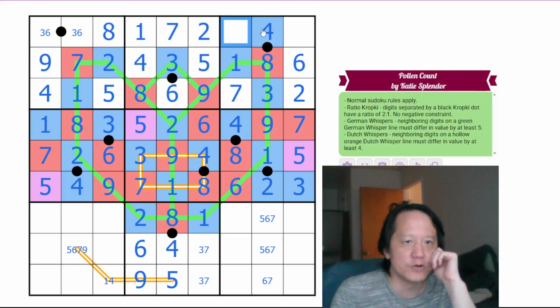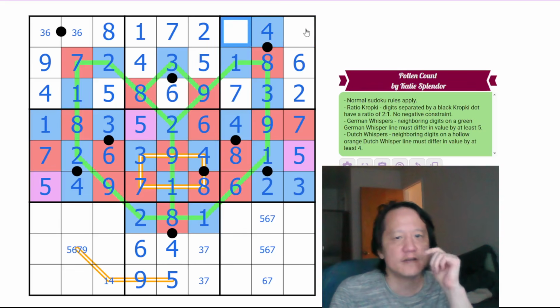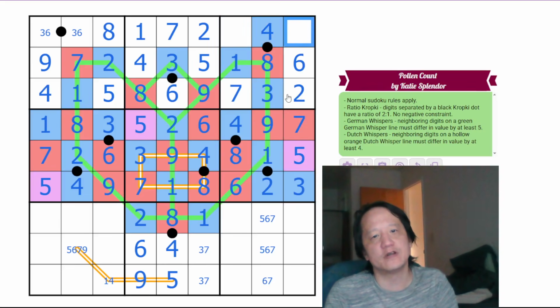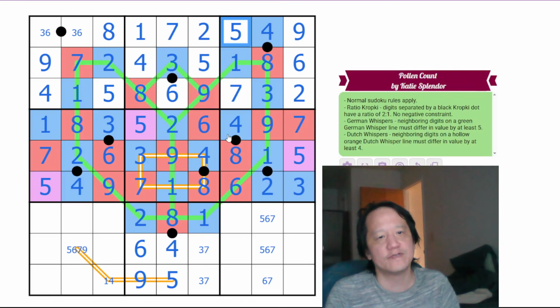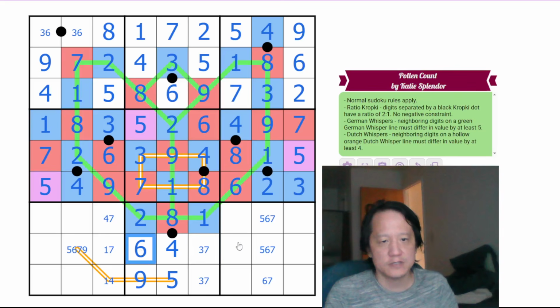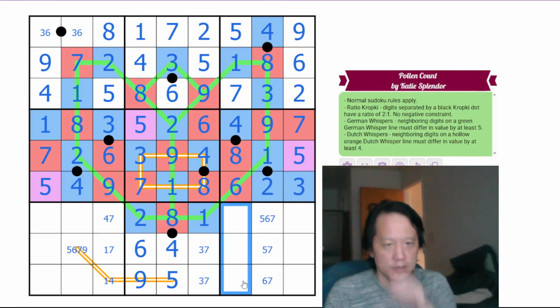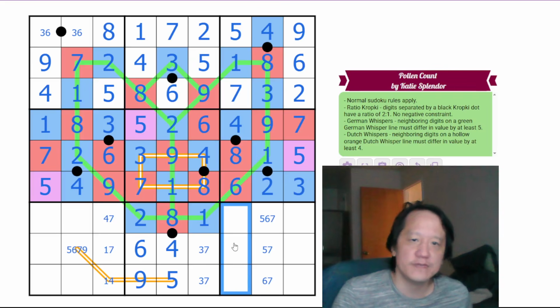Remaining digits in row 1, we have 5 and 9. 5 cannot be here because of 5 in the column, so this is 9, which makes that 5. Remaining digits of column 3 are 1, 4, and 7. This can't be 4 because of 4 in the row. No 1 here because of 1 in the row. 6 eliminates 6 here. Remaining digits of column 7